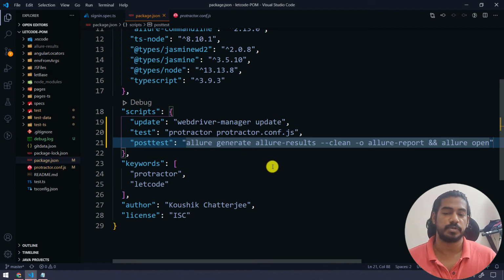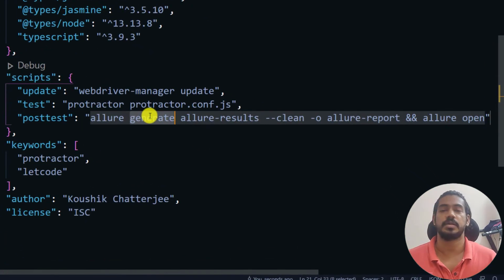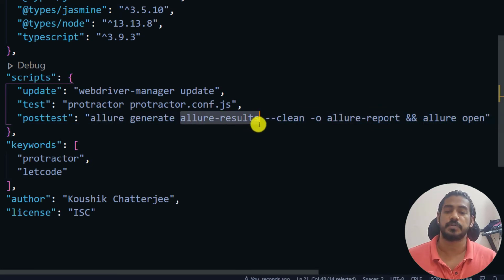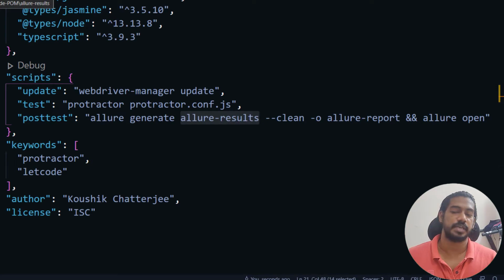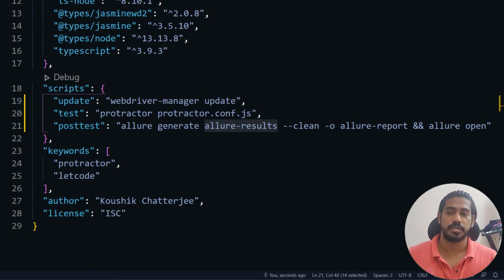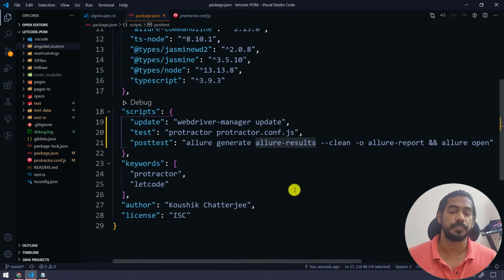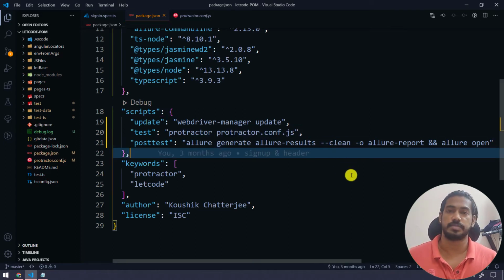It's very simple. What we are trying to do is Allure generate. Like Allure serve, we have Allure generate, and here I'm going to generate the result from this allure-results folder. So here you can see we already have an existing allure-results folder. Let me delete this first, just to show you. And then we are saying hyphen clean. That means if there are already some files and we don't want to maintain the history, we can do the clean, or else we can simply remove this.